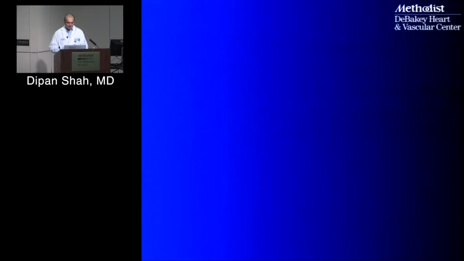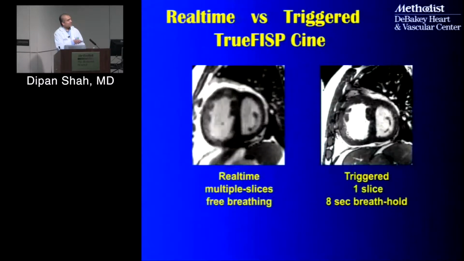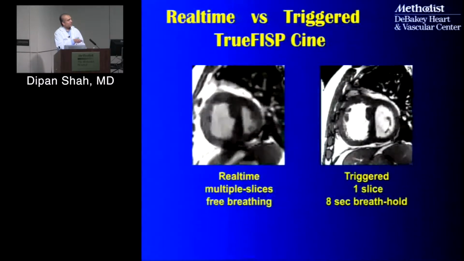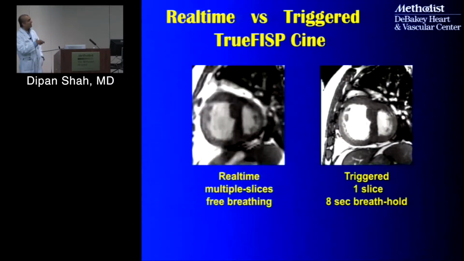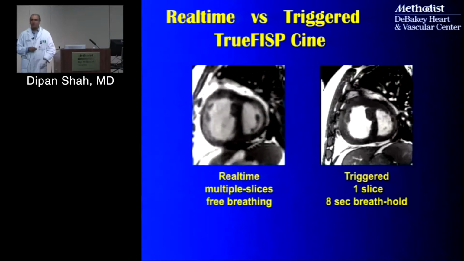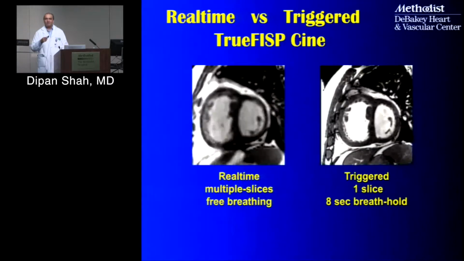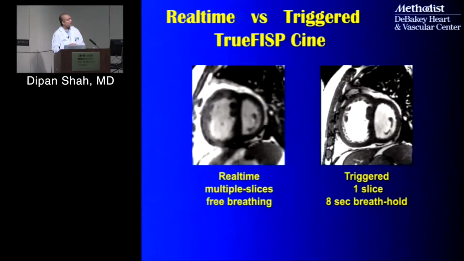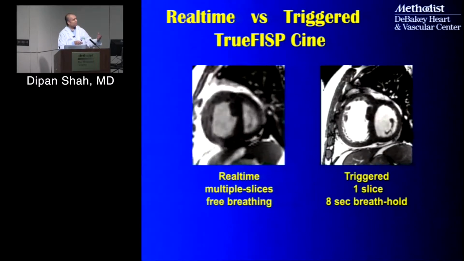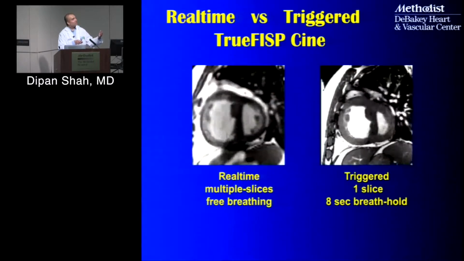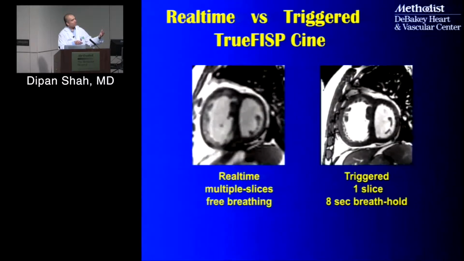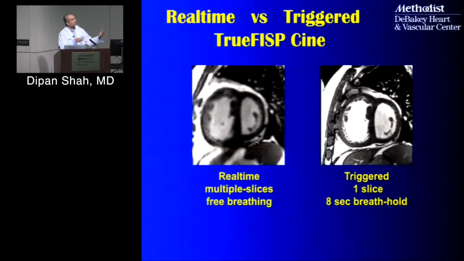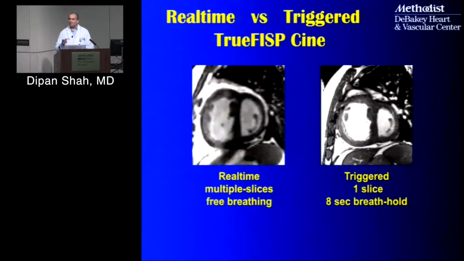And here's an example. On the right-hand side is a regular high-res acquisition that took about an 8-second breath hold to acquire. On the left-hand side, this is a real-time acquisition. This requires no breathing, no gating, nothing. Because these images are taken in real time, I've compromised a little bit. So instead of 1.5 millimeter pixels, these are about 3 millimeter pixel sizes. And instead of about 30 to 40 milliseconds temporal resolution, this is about 40 to 50 millisecond temporal